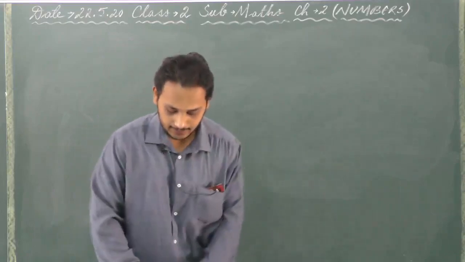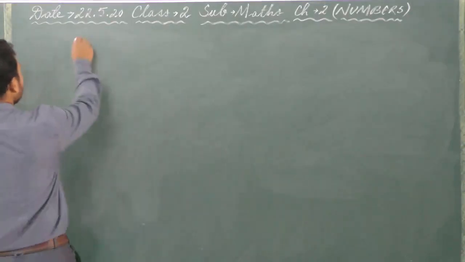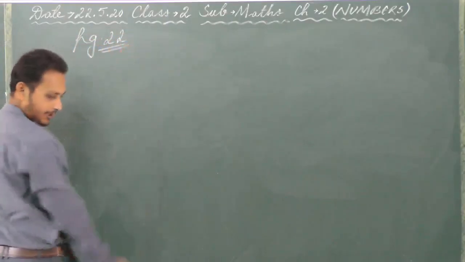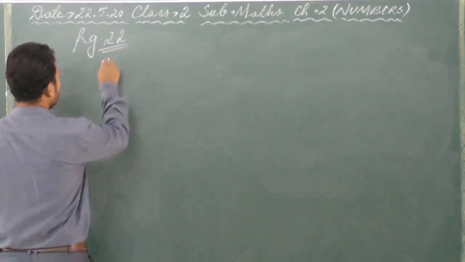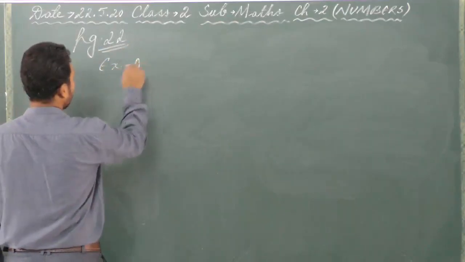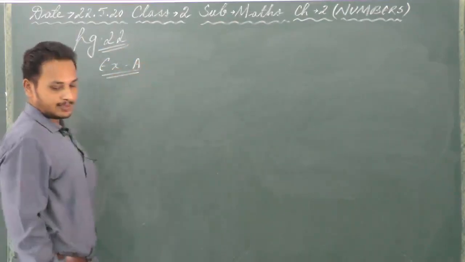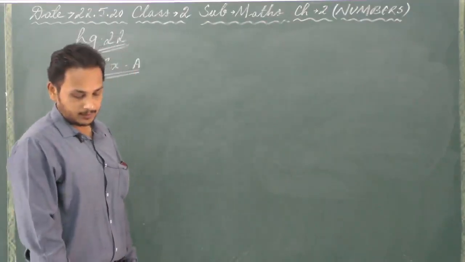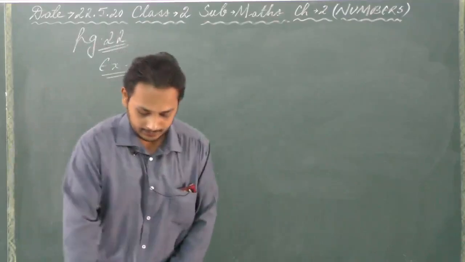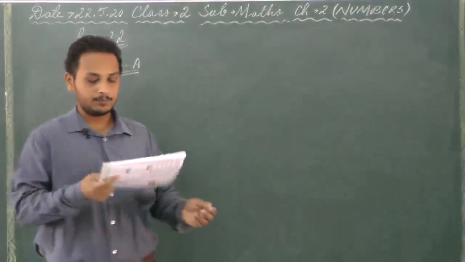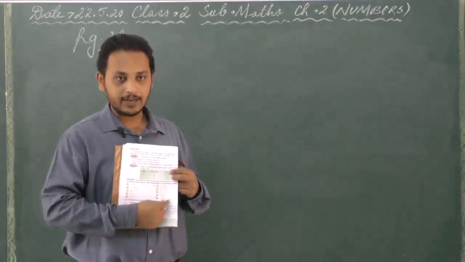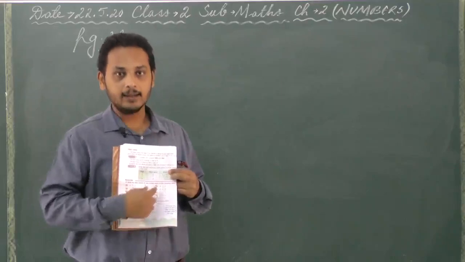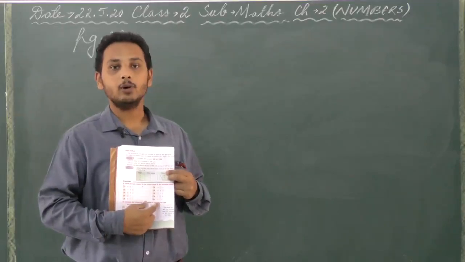Okay. Then on page number 22 now, we have exercise A. Now it is the same thing based on face value and place value. There are two columns given here, a column on the right hand side and left hand side. I will do the column that is on the left hand side, and the right hand column you will do for your homework.